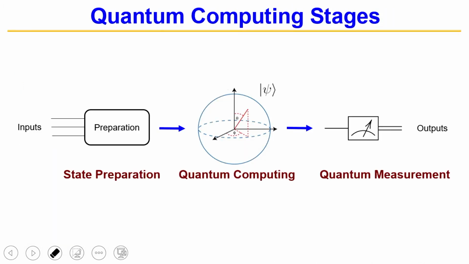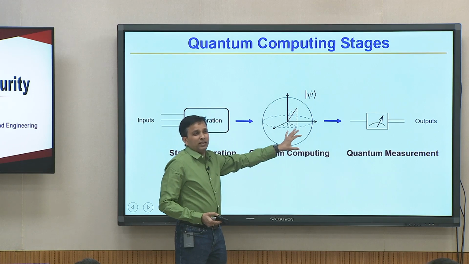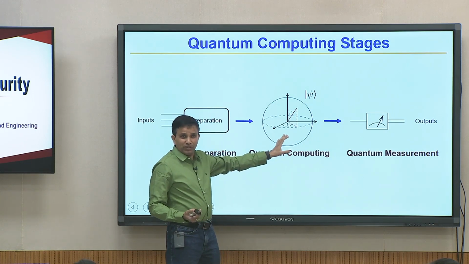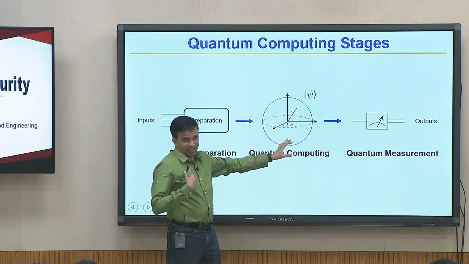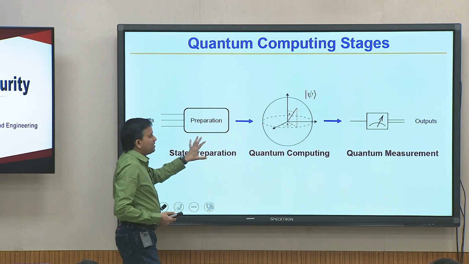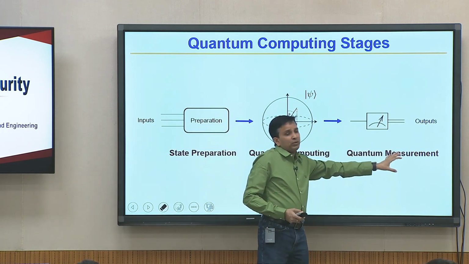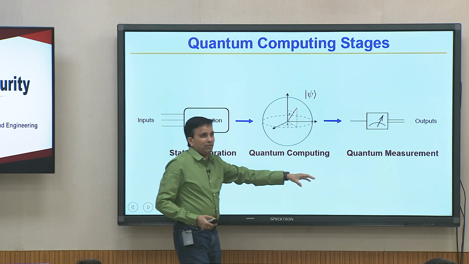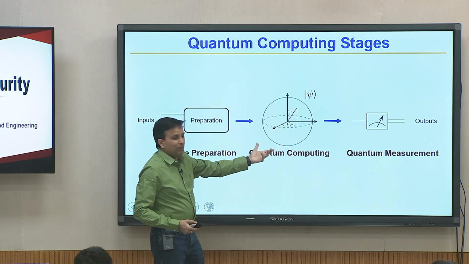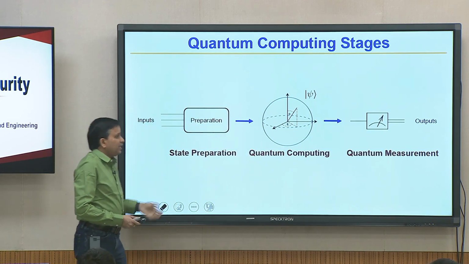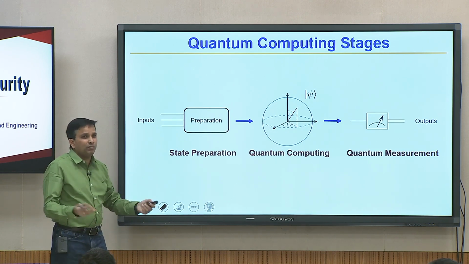So, most people, when they say quantum computing, are working here. Two other problems, most people do not work on. Who works on those areas? That is me. State preparation and quantum measurement, and both are important. I will try to give you that flavor. Do not get into the crowded territory where people are working, try to work on the areas where people are not working. All three of them are important.